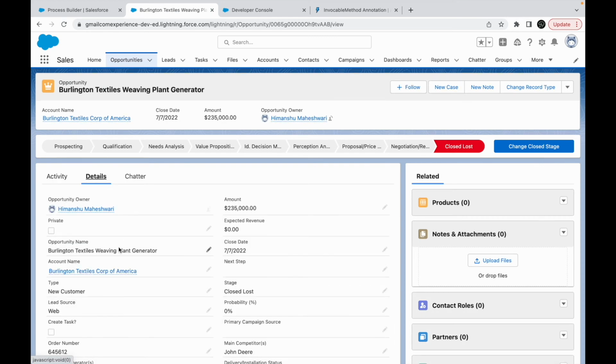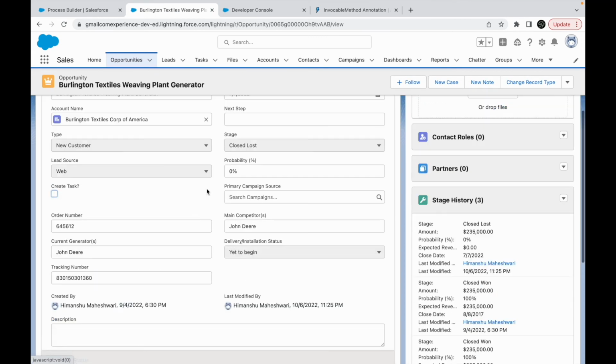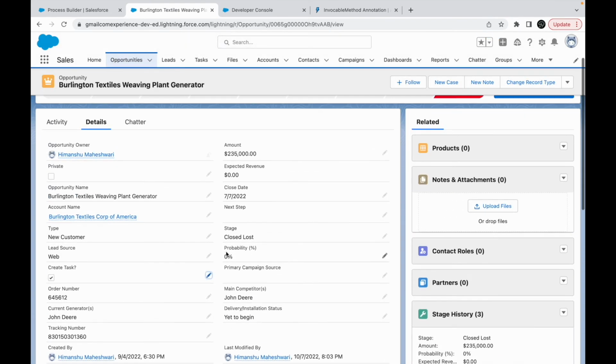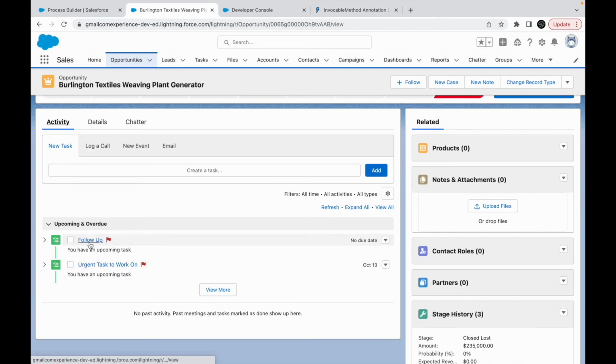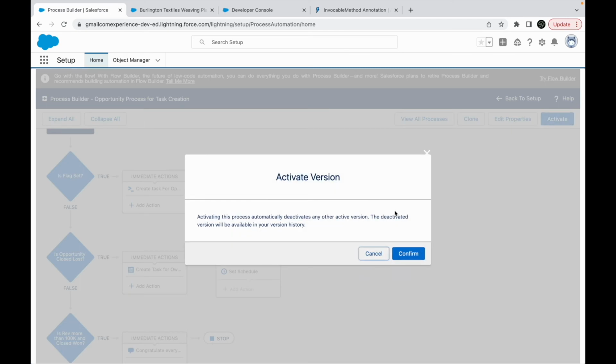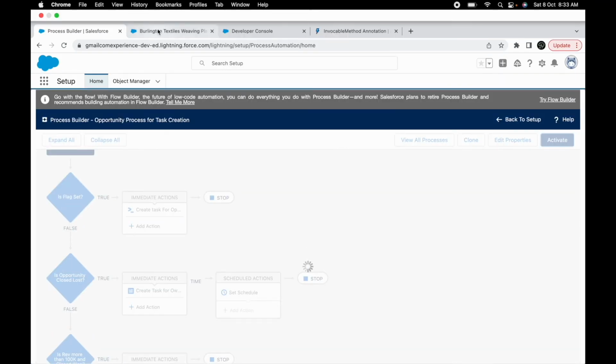Let me try to check the flag and let's see if it creates the task or not. I saved it, and if I go to activity now, I see a follow-up task coming in, which means, oh, I have to activate the process builder. That's my fault. I'll just activate,